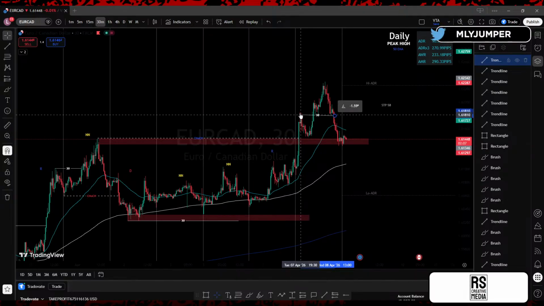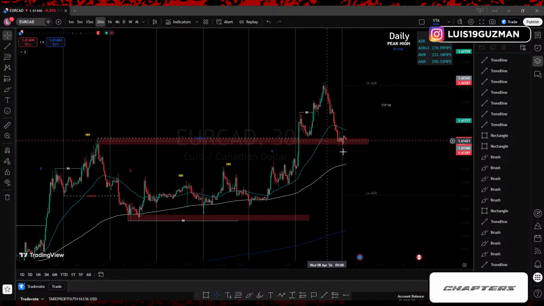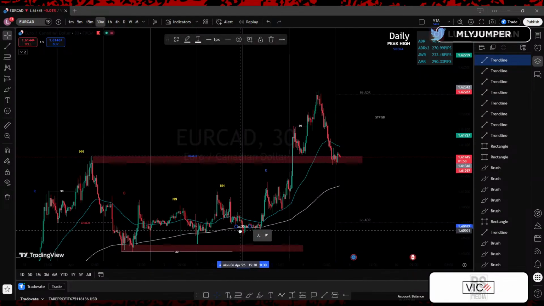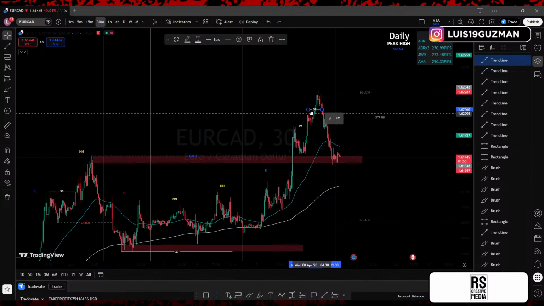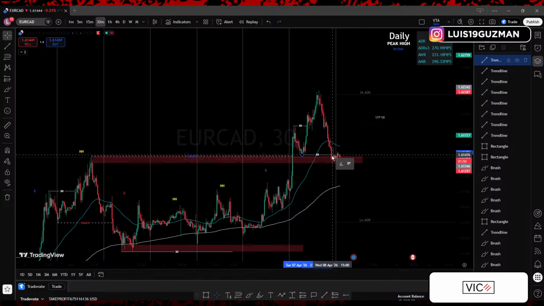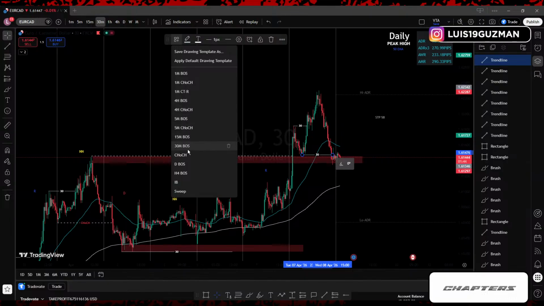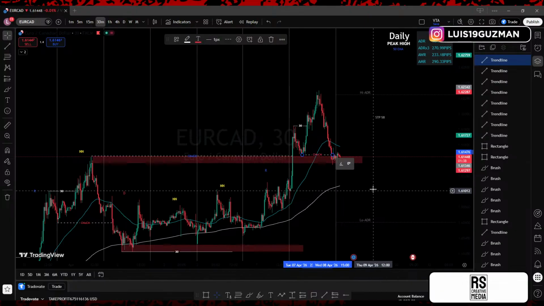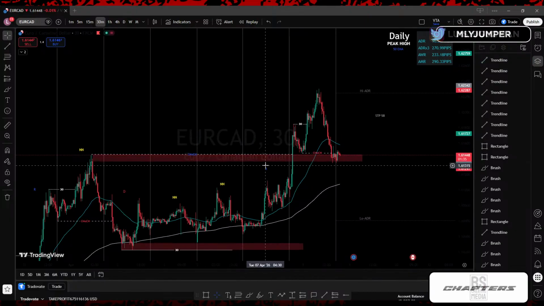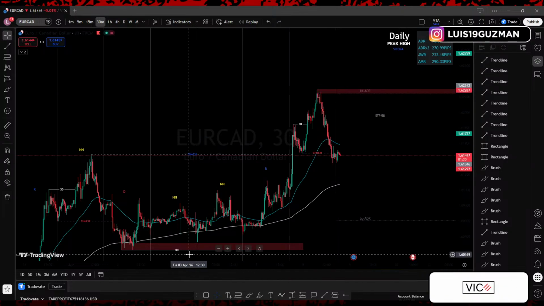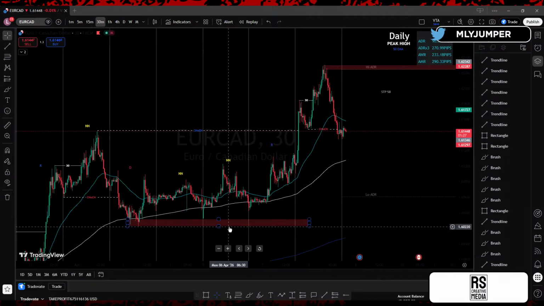So I'm going to mark this here on the 30-minute, even though I don't like it. Ideally, I wouldn't mark this as a higher high, higher low, higher high. I would mark this all as the same continuation to the top side. But I am going to mark this right now as a change of character down to the bottom. If I have to update this tomorrow, I will. But again, on the 30-minute time frame, ideally I wouldn't mark this up as higher high, higher low, lower low, change of character. But we'll mark it up for now. So we know we're trading between this high and these lows here, but I'll update this tomorrow morning.